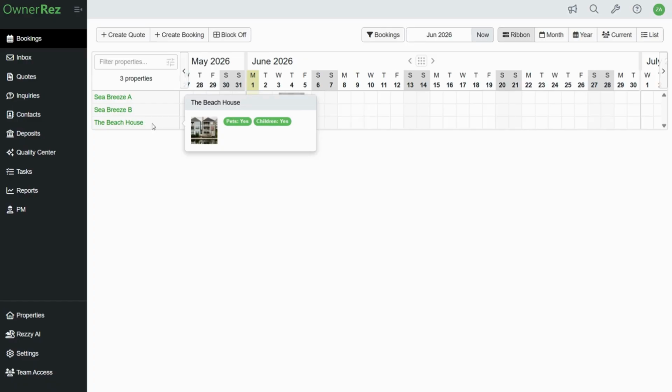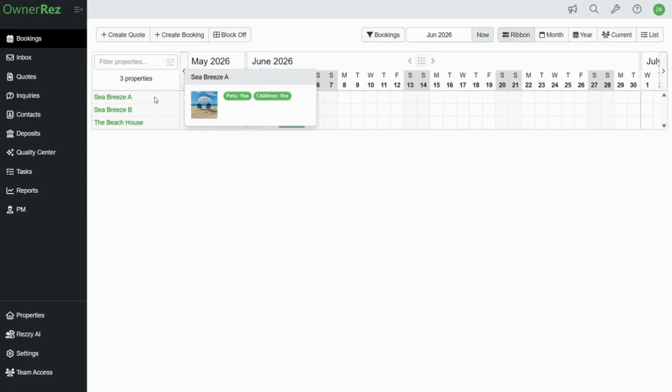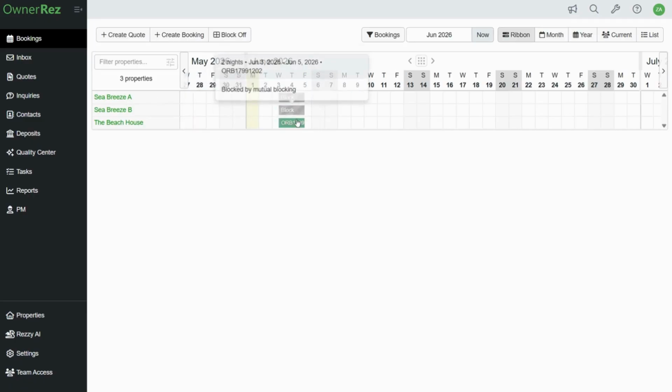a new guest segment. You can apply the same strategy in the opposite way by taking your large property and splitting it into multiple smaller properties. Using the mutual blocking feature inside of OwnerRez, the system will automatically block dates across your linked properties, as you can see here, ensuring that you don't receive a double booking. In addition, you can easily map multiple smart locks to different listings within the same property, so everything syncs up